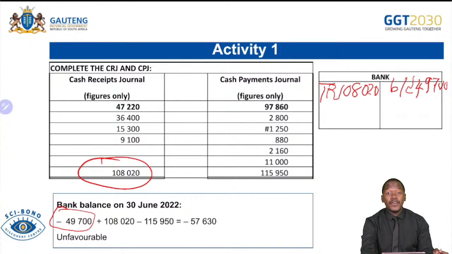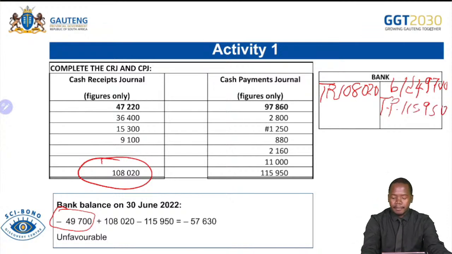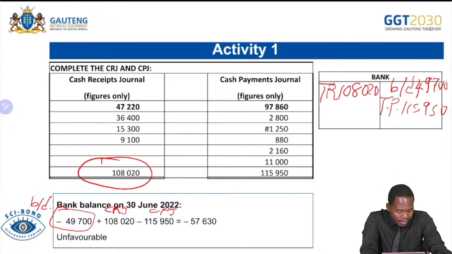On the credit side of your bank account, you will always find the total payments, 115,920. Now, Grade 12s, we will check which side is bigger or we'll do our calculation. If you've been using the bottom part, the straight line method, then you need to understand that 108 is CRJ, 115 is CPJ, 49 is our opening balance. Negative 49,700 plus